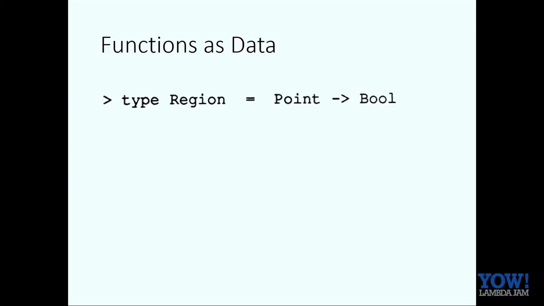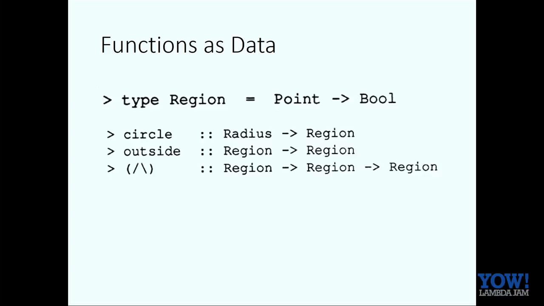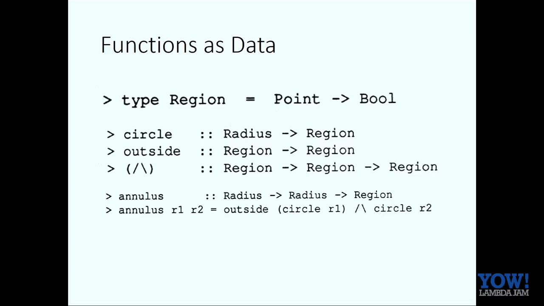And that made it really easy to define functions that construct shapes. For example, a circle, how do you tell if a point is within a circle? You just compute how far it is from the origin, compare that to the radius. How do you compute the outside of a region? Well, you compute the inside and you negate the Boolean. How do you take the intersection of two regions? Well, you just ask, is the point in the first and in the second? It's just the conjunction of the Booleans. So it's dead easy. And then you can go on to define, for example, a ring shape, an annulus. It's the outside of one circle intersected with the inside of another. You can imagine, after a little while, Mark had solved the problem.